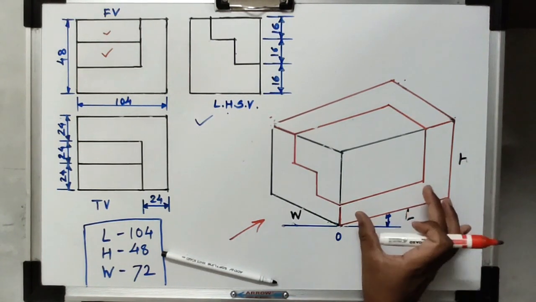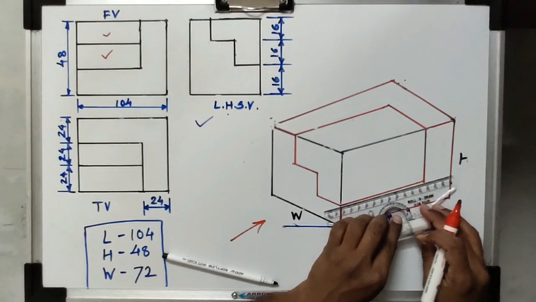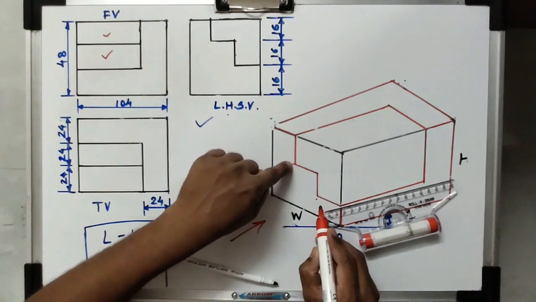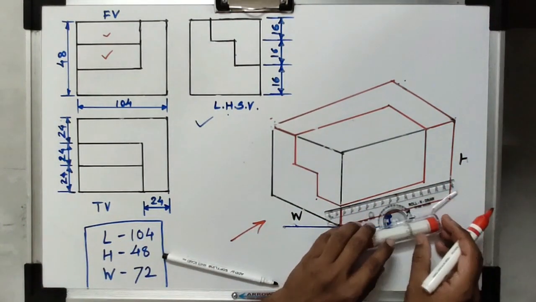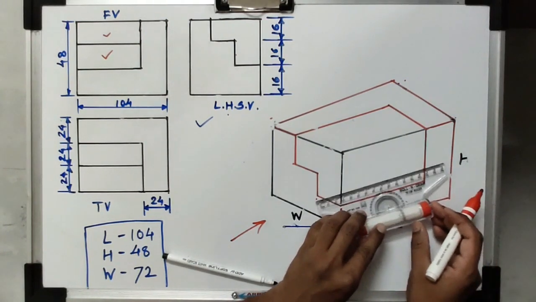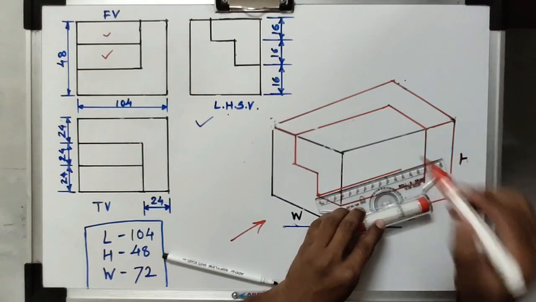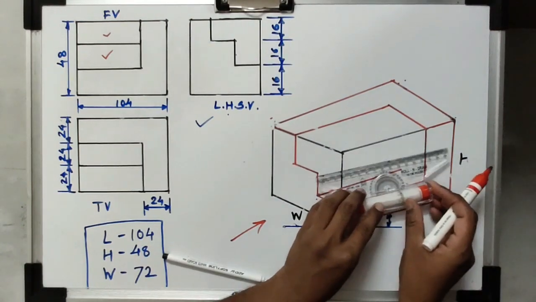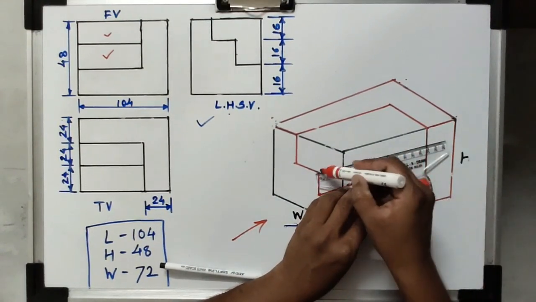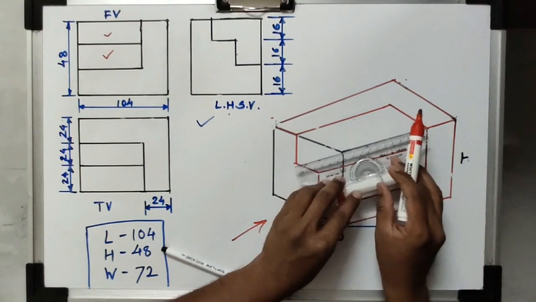Now here, as per the procedure, that is the basic procedure, we just have to draw parallel lines to this inclination line from the respective corners, meaning from the first corner point, second corner point, third corner point. We have to draw the 80 mm long line. So what is the total length? That is 80 mm. We have to create it here. So I will draw the parallel line from this side. Then again parallel to this line, from this corner point, having the 80 mm length. Then again from this corner point, again 80 mm length.